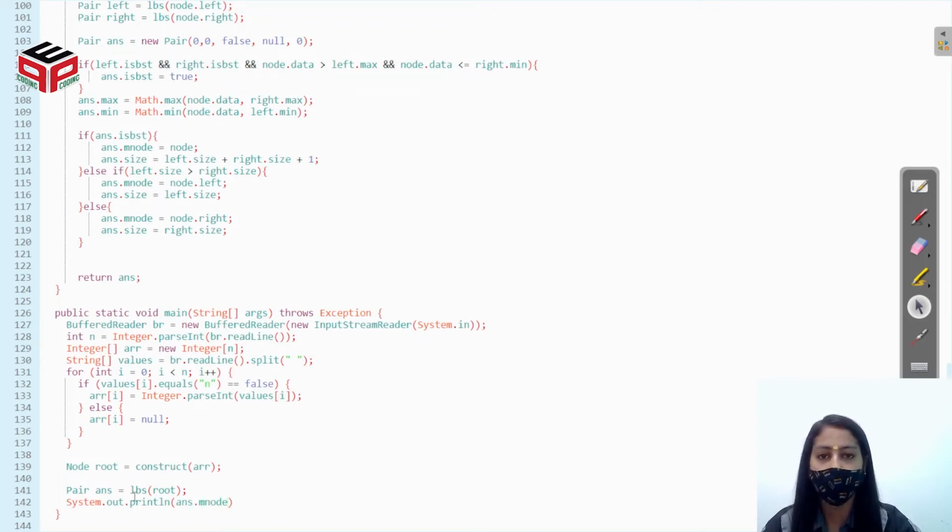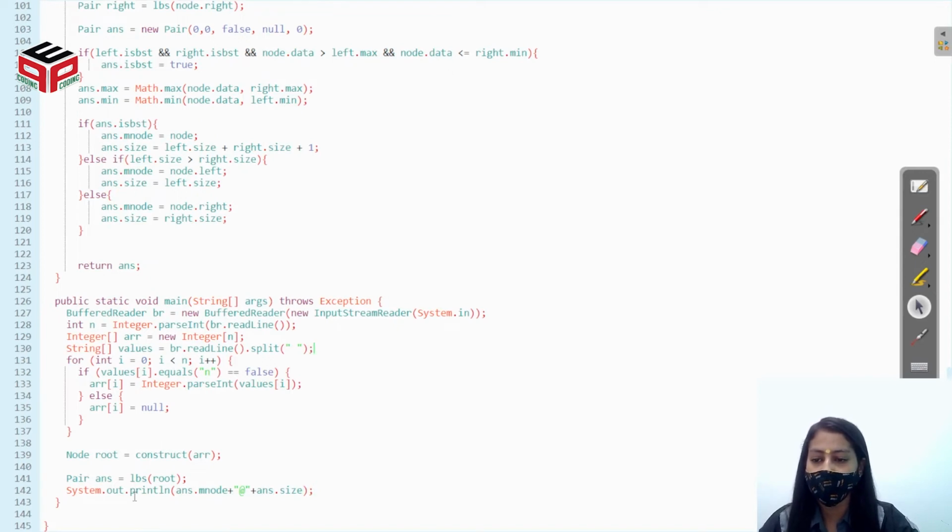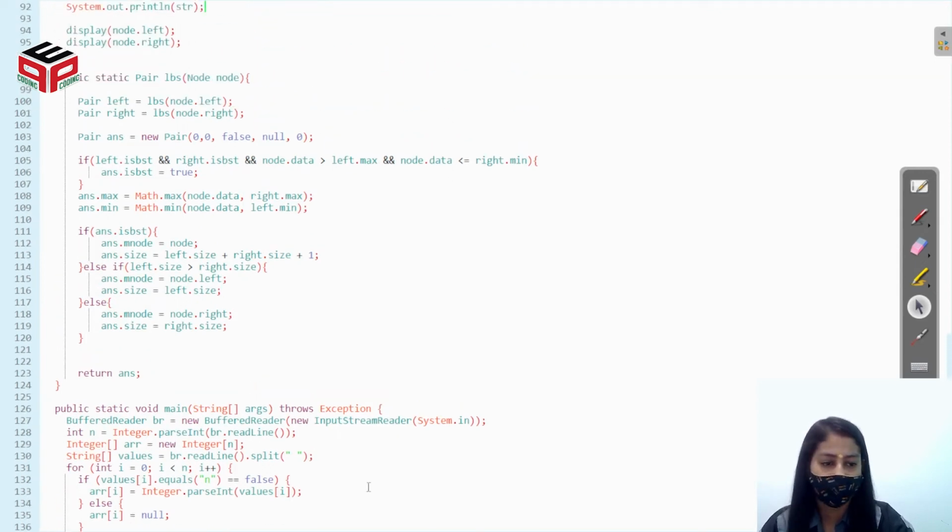The node that is representing the largest BST subtree, and then add the at the rate symbol, and then the size of the largest BST subtree. Right? So let's perform a dry run of this question.